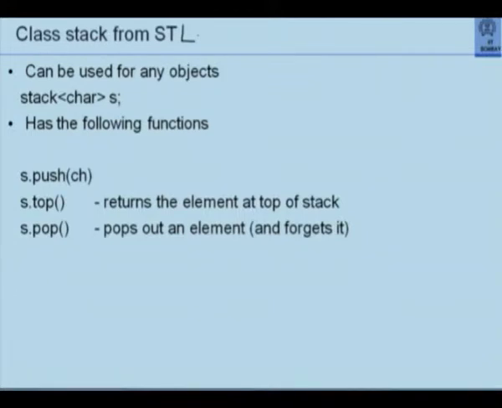Consider the class int pair that we had defined. Int pair was defined to have two private data elements, integer 1, integer 2, that is numerator integer, denominator integer, for example. Okay. Suppose we wanted to define a pair of two floating point numbers. Then I would have to define that class to contain private members as float x, float y, something. And to distinguish between this and the int pair, I might have to name the class as float pair.